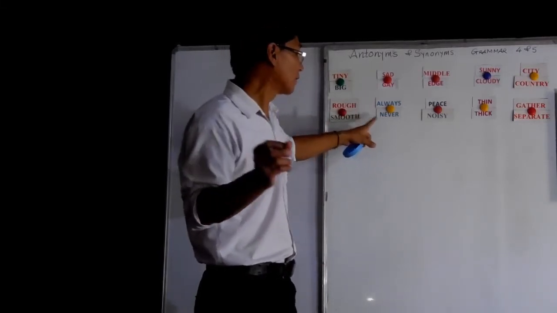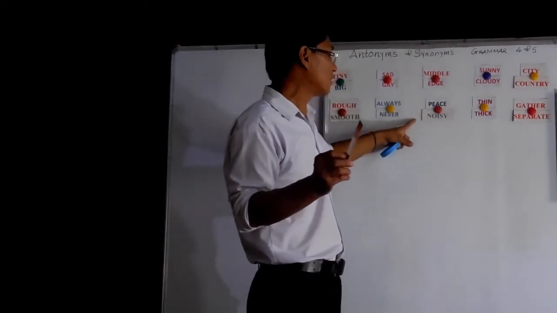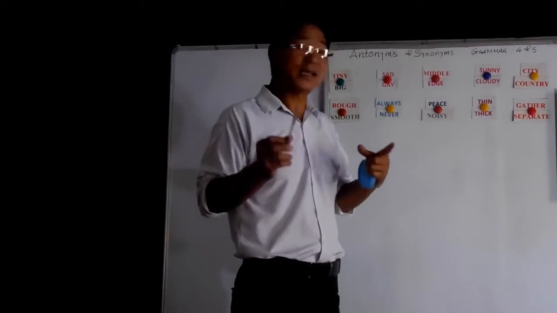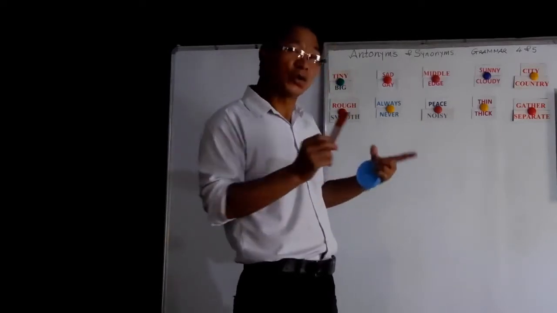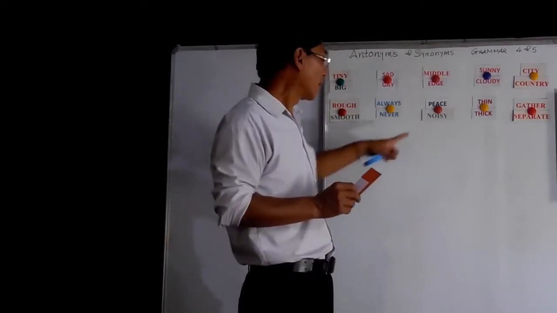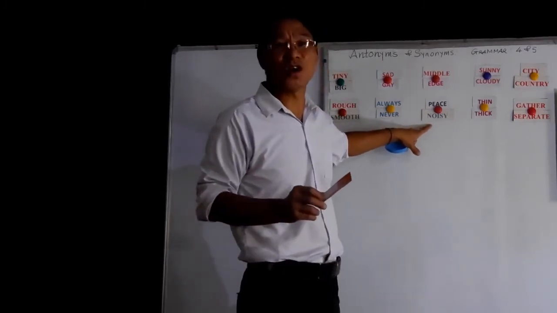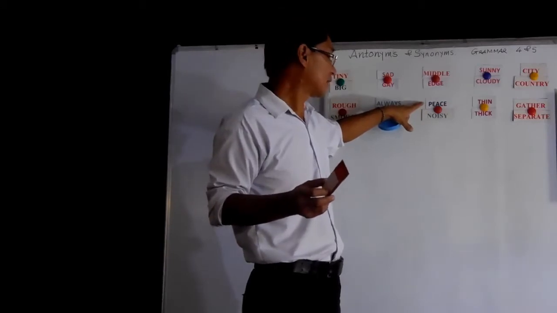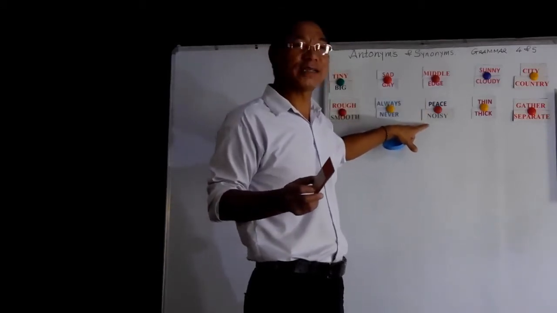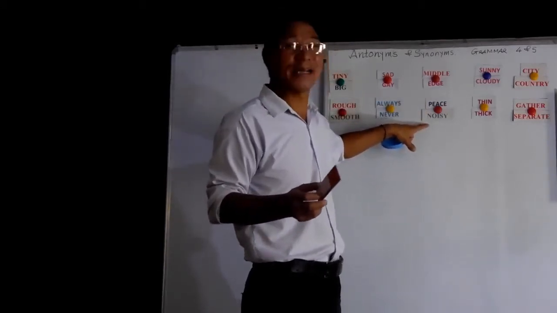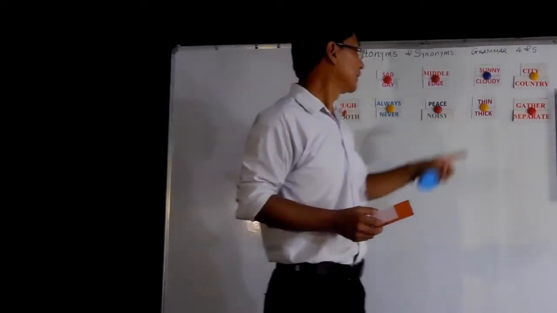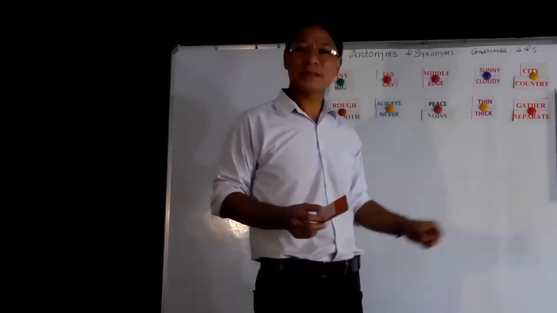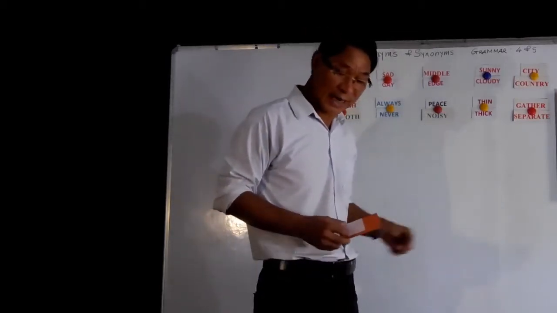So listen very carefully. Peace and noisy. Now peace is to be very shant, to be in a silent mood, not to fight, to keep calm. Noisy means to make a lot of noise. So I like to live in a peace. Most of the children, they make noise in the class, so they are noisy. Now thin and thick. Now thin means patalo, thick means moto.